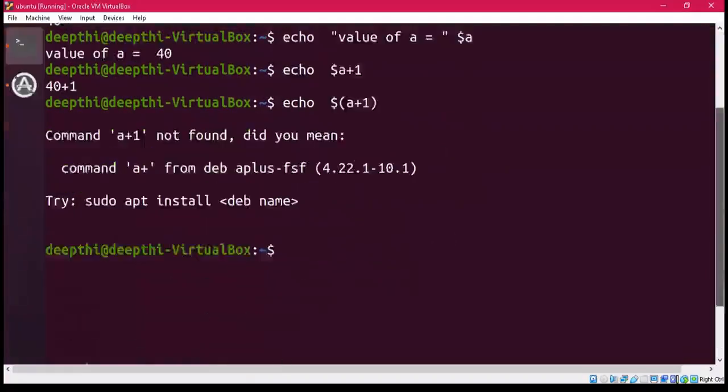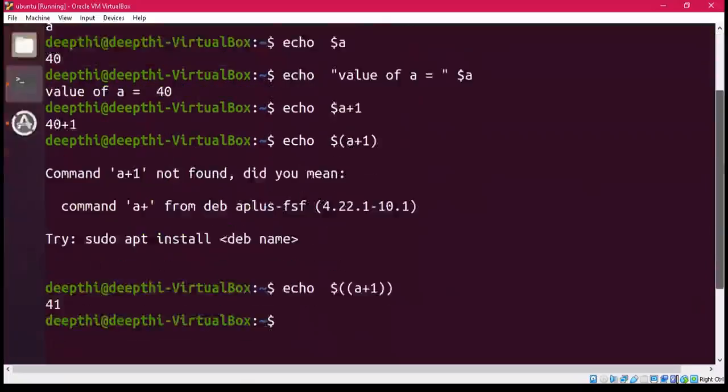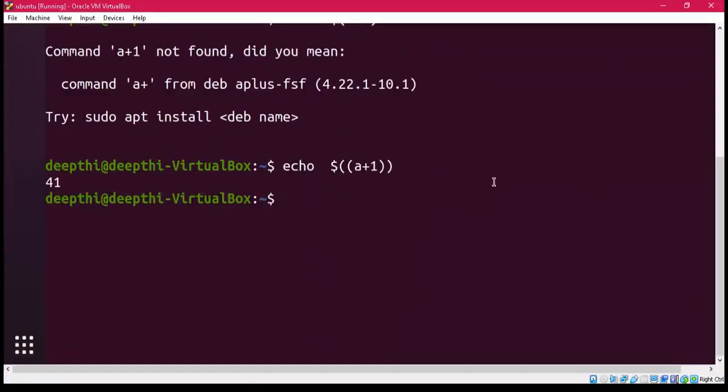No, because it is going to give you an error. So the right way is to enclose it in double round brackets, and you can see that earlier it was 40 and now it is showing you 40 plus 1, that is 41. Similarly, if you subtract 1 from a, then it will be 39, right?